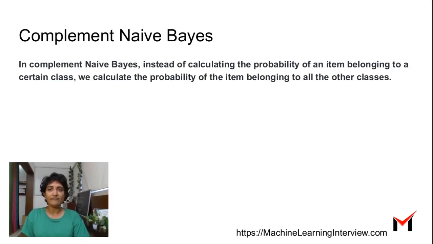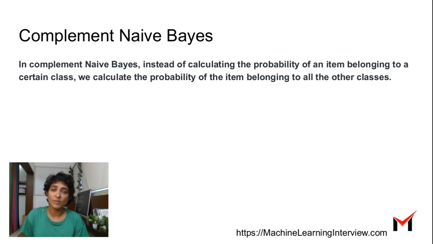The complement naive Bayes, instead of calculating the probability of an item belonging to a particular class or the probability of a word belonging to a particular class, computes the likelihood of it not belonging to all the remaining classes. And the intuition or the idea here is, by looking at all the words in the remaining classes, we won't have this problem of having very little data. What usually happens in class imbalance is that there are very few occurrences of certain prominent words in a class because there are very few documents of that class in the first place.